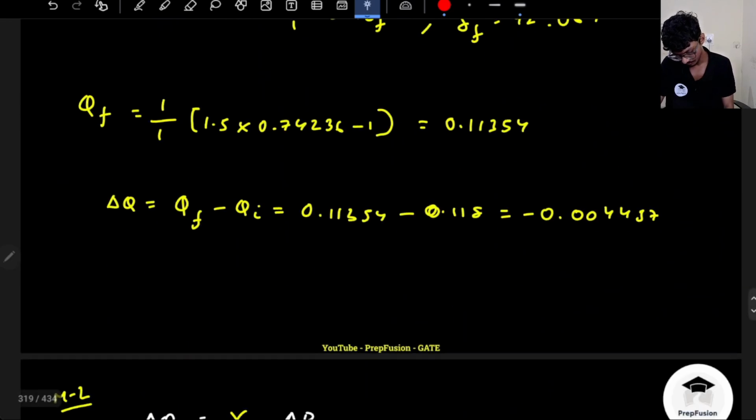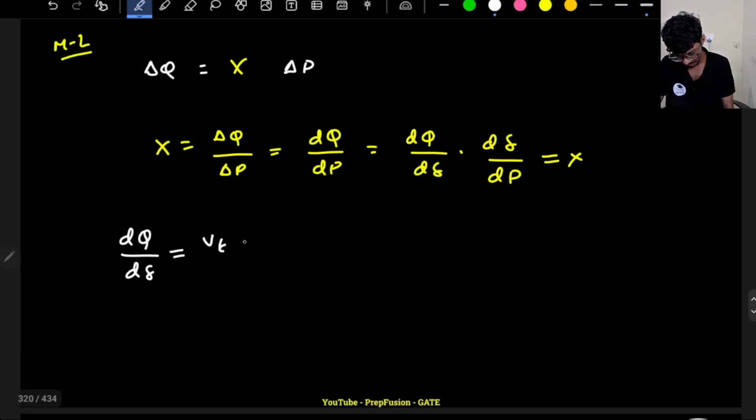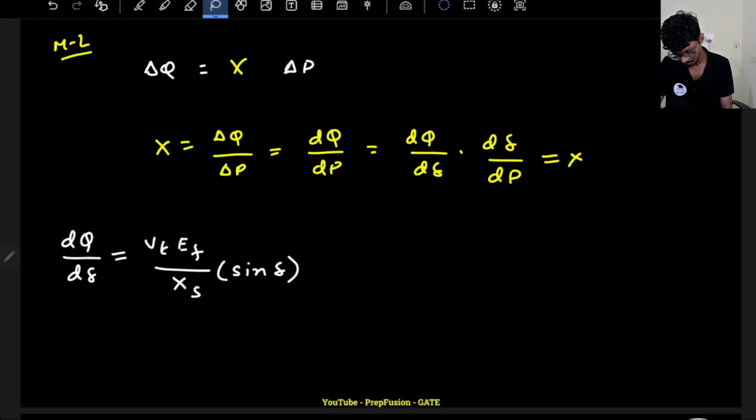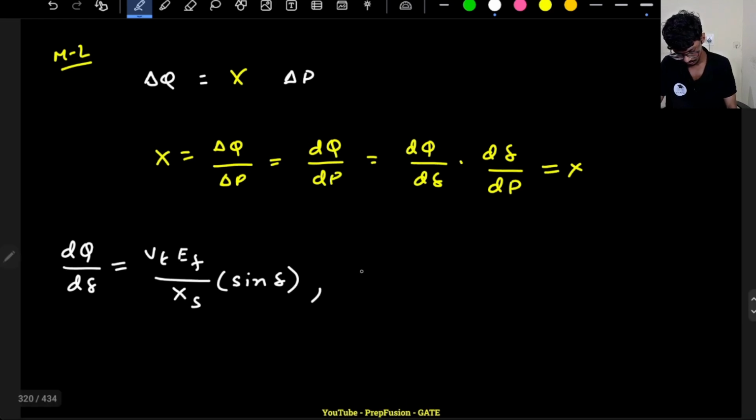This will be Vt EF by xs sine delta. Okay. And dP by d delta